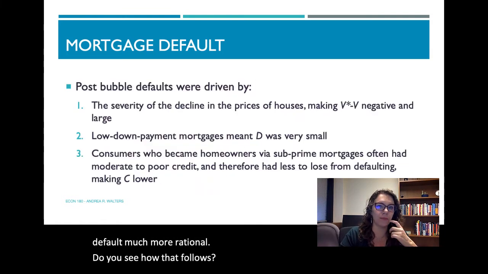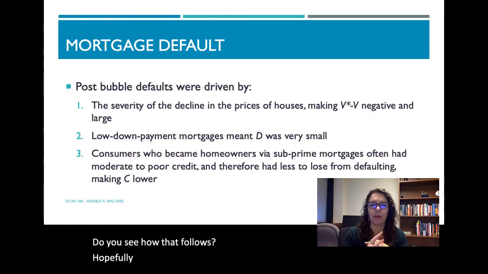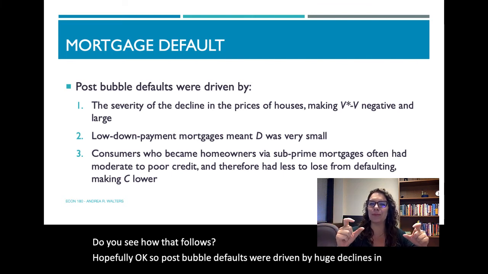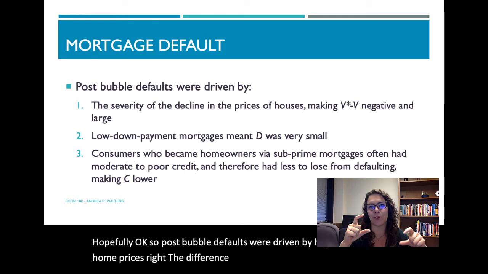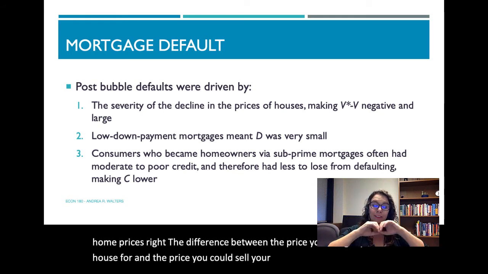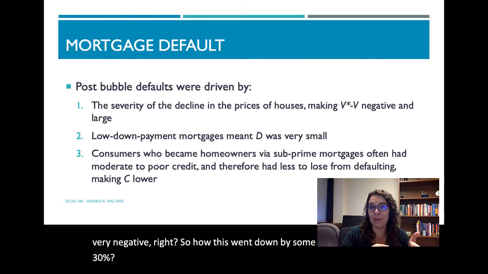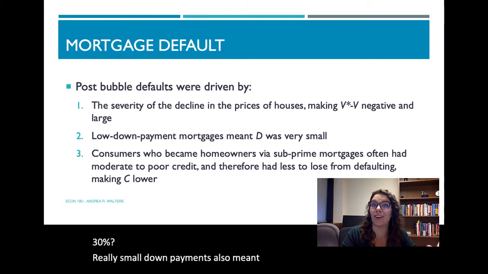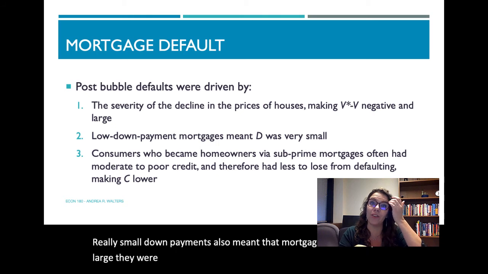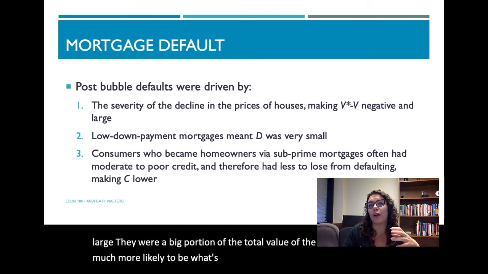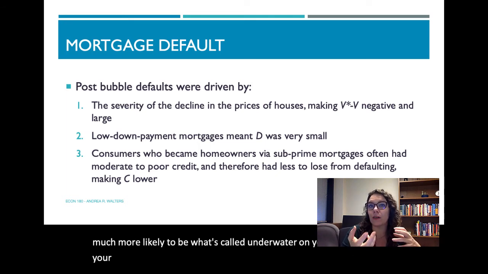Hopefully. Okay. So post-bubble defaults were driven by huge declines in home prices, right? The difference between the price you bought your house for and the price you could sell your house for were large and very negative, right? So houses went down by, in some cases, 30%. Really small down payments also meant that mortgages were really large. They were a big portion of the total value of the house. So you were much more likely to be what's called underwater on your loan, where your mortgage is worth more